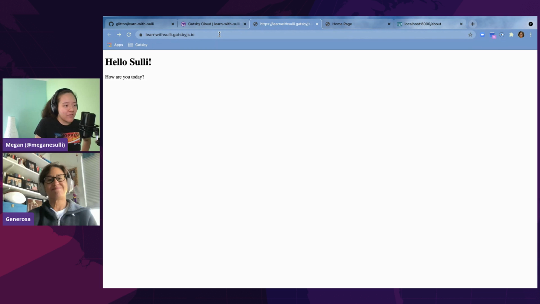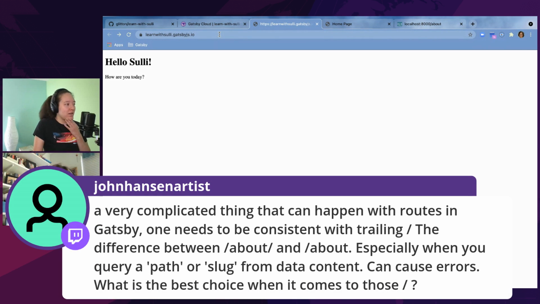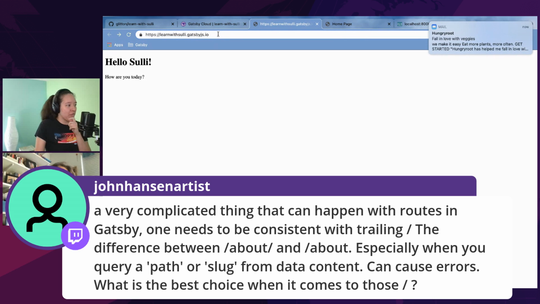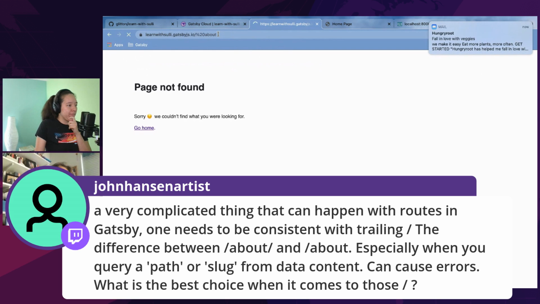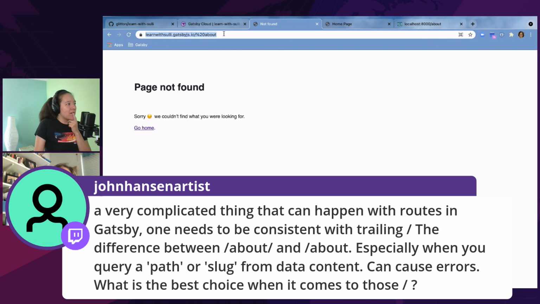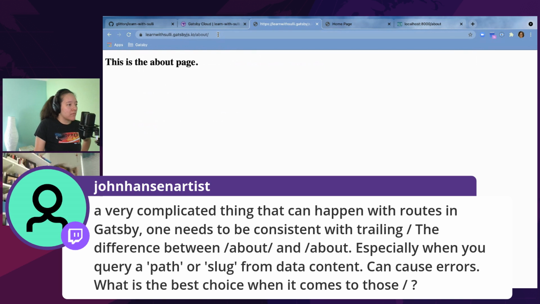Right. Okay. We've got one question from John Hansen Artist. A complicated thing that can happen with routes is that you need to be consistent with the trailing slash. So the difference between about slash and slash about with no slash. Meaning if there was a space like that, it would give you that. I know that this is something that we've been talking about internally, because I think that this also happens on the Gatsby site sometimes.